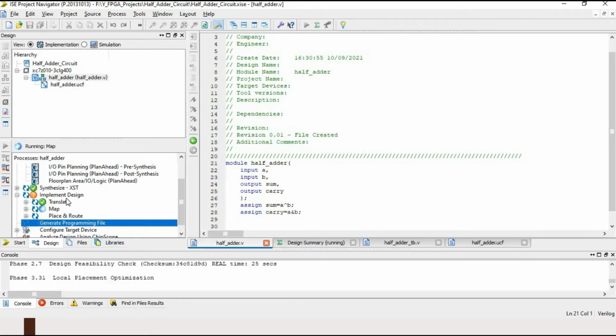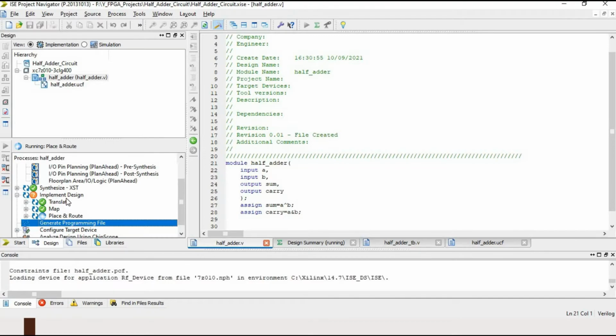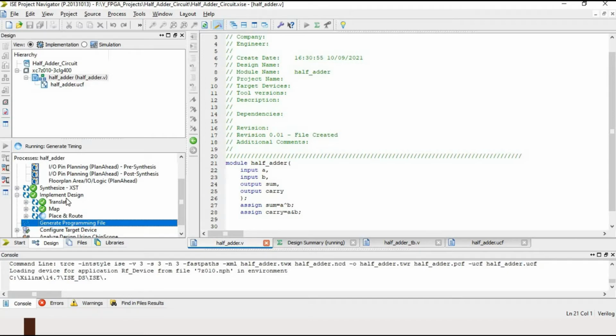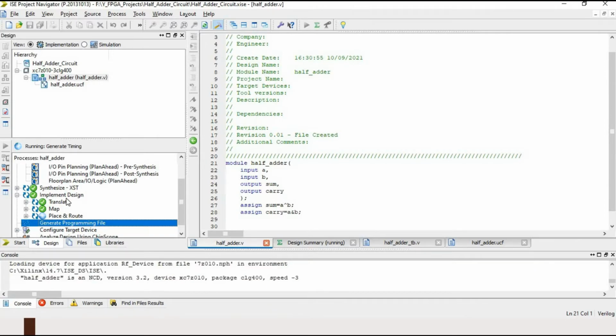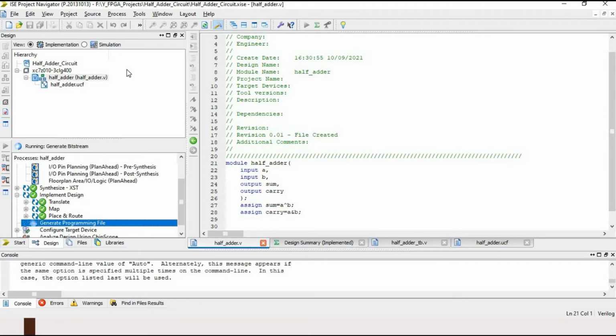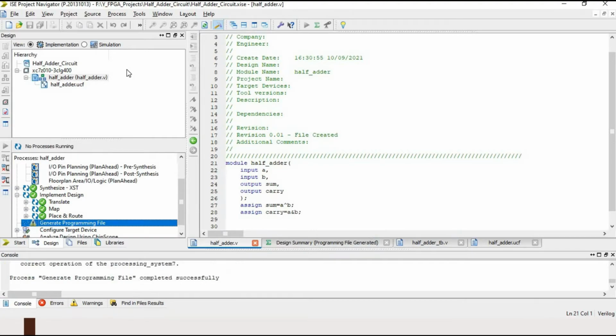This process is very important. Our bit file is generated.